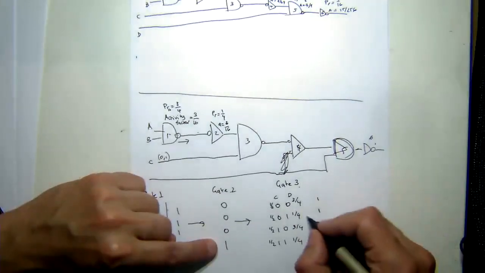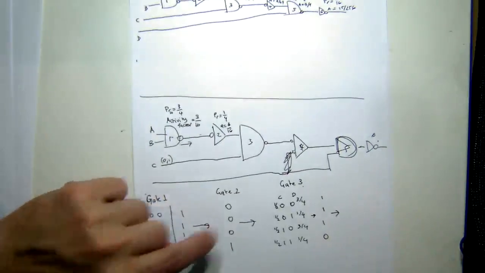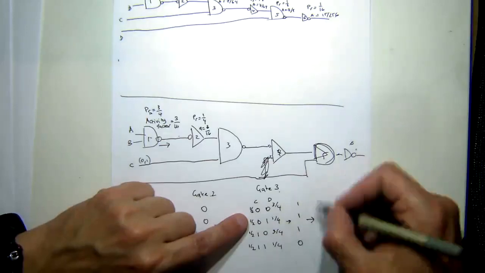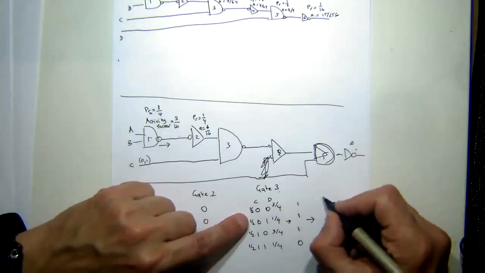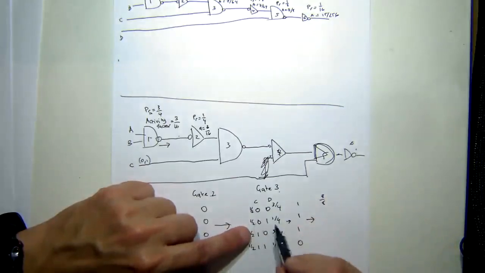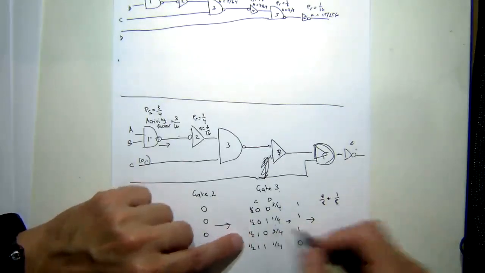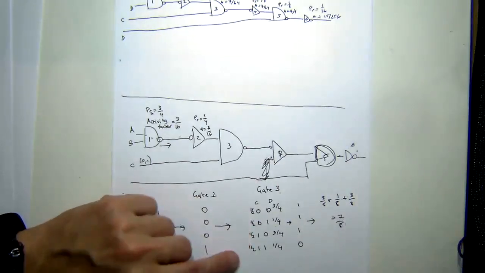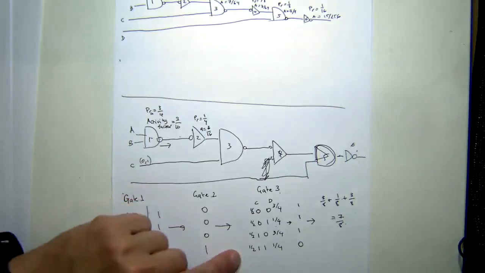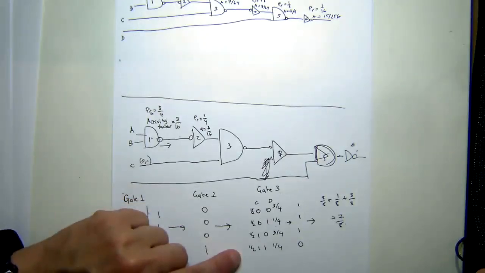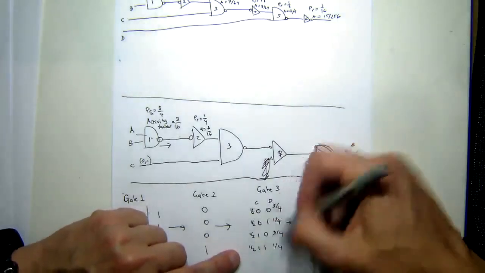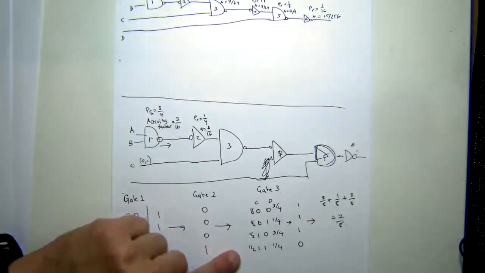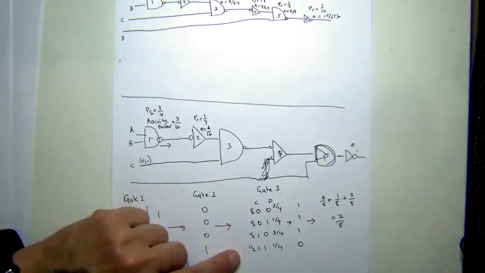This is the output. So we have to count all the probability of the ones that give us an outcome 1. So it'll be 3 on 8 plus 1 on 8 plus 3 on 8 equals 7 on 8. Did I get that right or did I stuff it up? No, good. So here I've just used the probability of the data. You can do it that way, and that's probably easier. Or you can just do the combinations as your colleague has just pointed out. And the activity factor is going to be